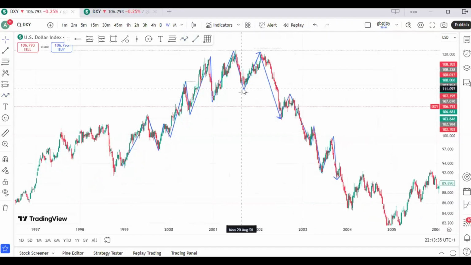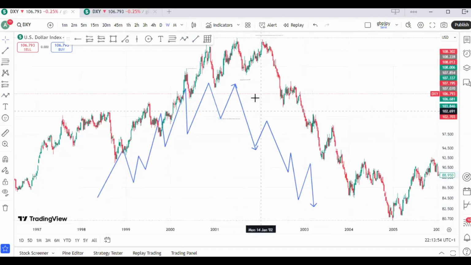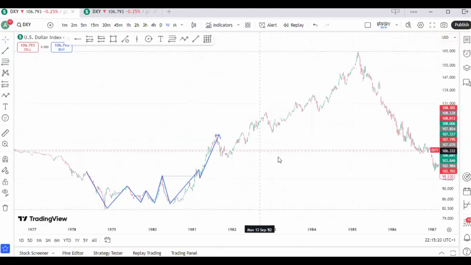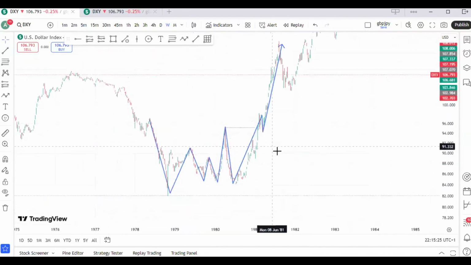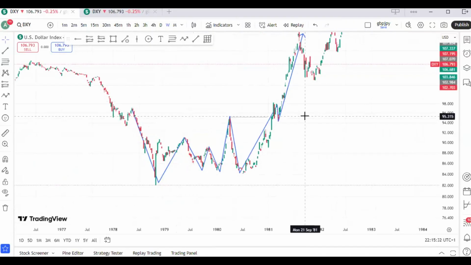So let me just bring this out so that you see. I think this is what we did earlier. So this is our shift of market structure, telling us that this market is no longer a buying market, but instead it has reversed into a selling market. So you can see it was forming lower highs and lower lows, and then all of a sudden we have a shift of market structure. Okay, so now we've done our break of structure